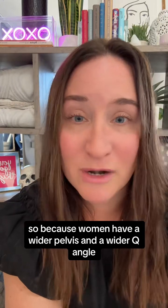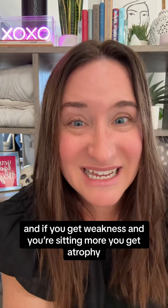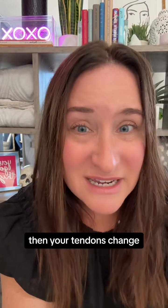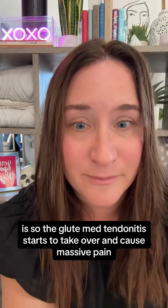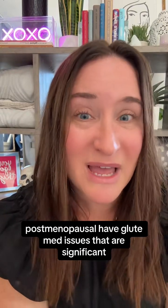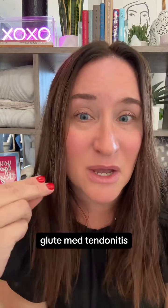Because women have a wider pelvis and a wider Q angle, their hips are wider. And if you get weakness and you're sitting more, you get atrophy, then your tendons change if your hormones change. And so the glute med tendonitis starts to take over and cause massive pain. Many of my women in perimenopause, menopause, and postmenopause have glute med issues that are significant, glute med tendonitis, partial tears,